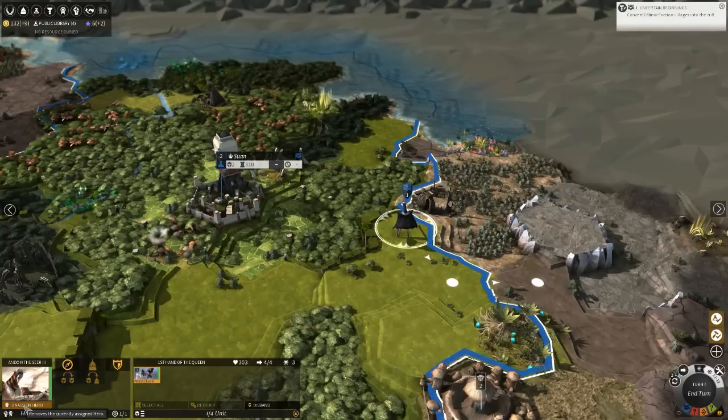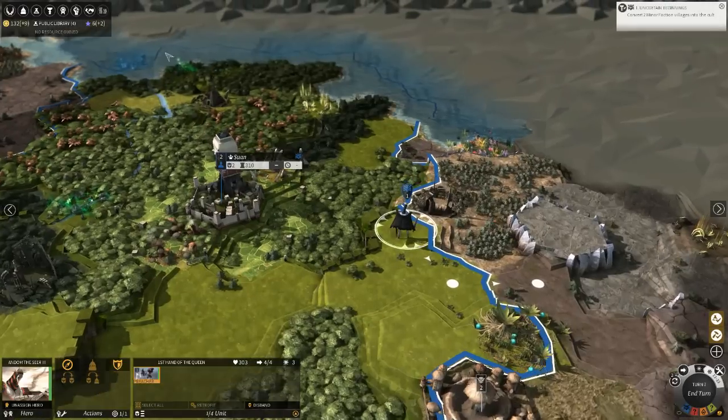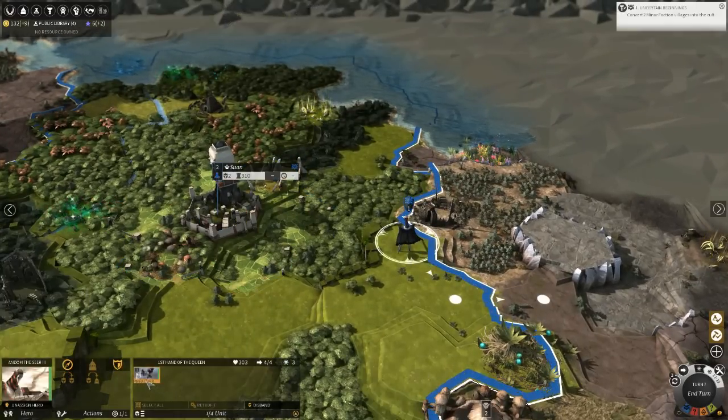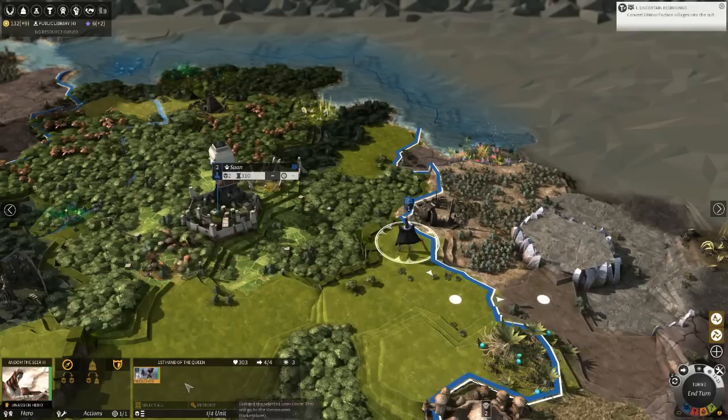Removes the currently unassigned hero. How do I tell him to go back home and... No, I want just the hero. So, can I unselect this guy? No. Disband the selected unit. Note they will go to the mercenaries market. No, I don't want to do that. What I want to do...